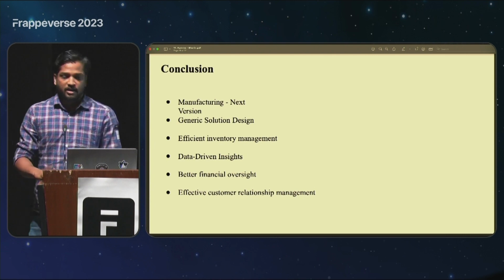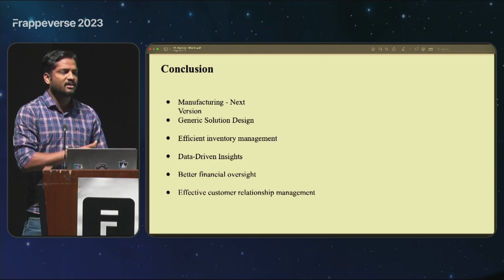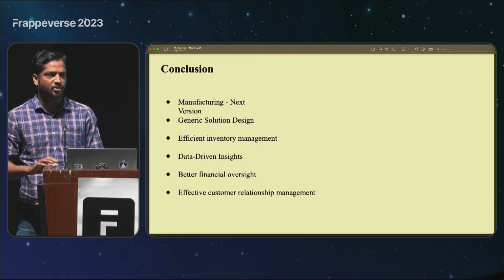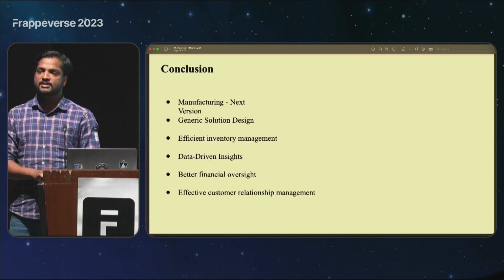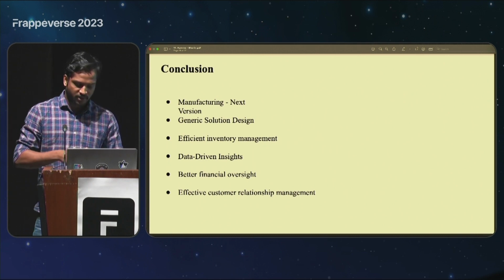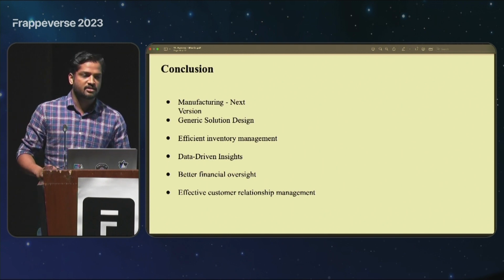So, as I mentioned, we have been working on AuMMS for the past, I think, about 1 year. We completed the sales and purchase, and manufacturing is in development, and it will be available in the next version. The major challenges we are facing in